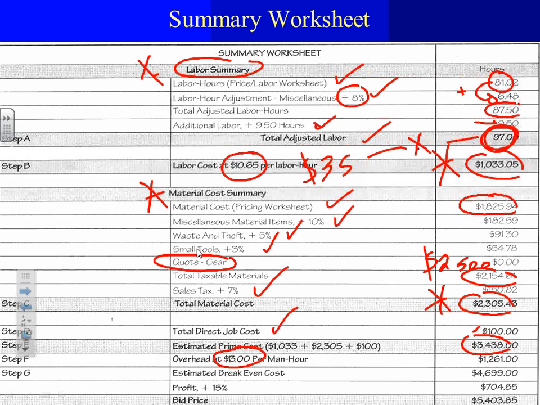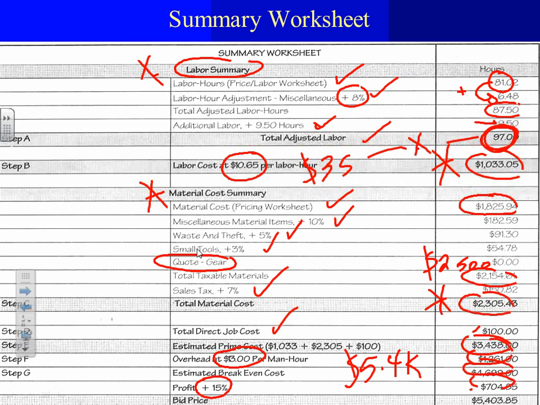$13 per man hour. So they took the $13 and multiplied it by how many hours we have here. These hours got you this amount of overhead. Add them up together, and then we have profit. We are adding a 15% profit because we want to stay afloat. We need profit. And the last thing, I don't know if you can see it, the bid price is $5.4